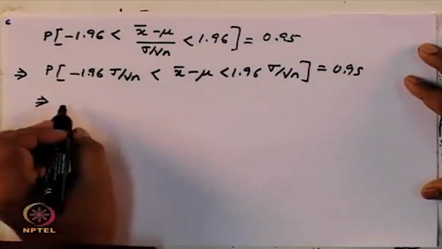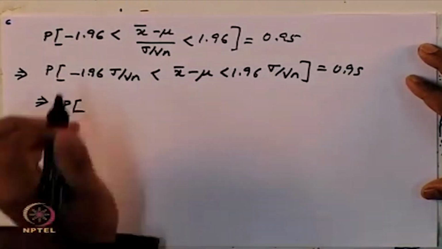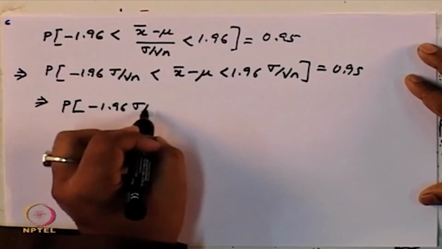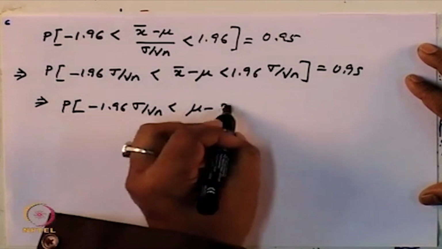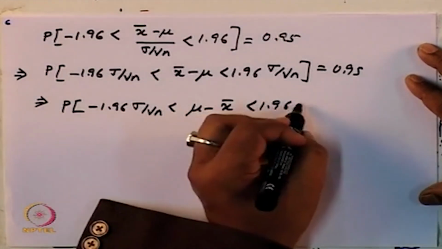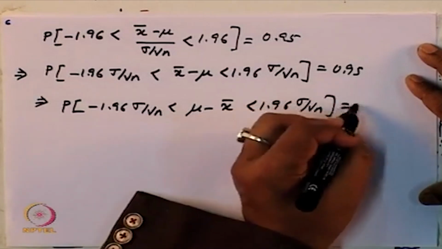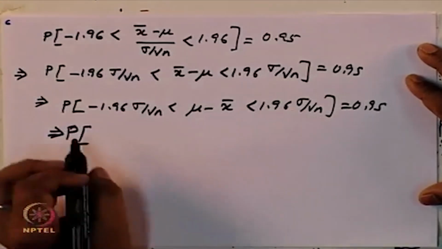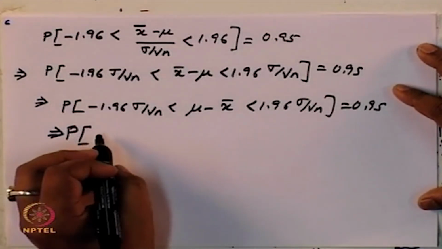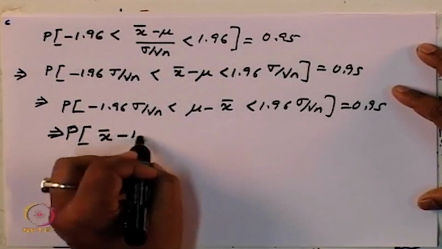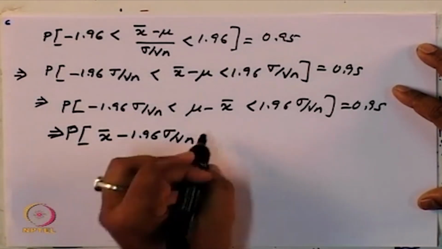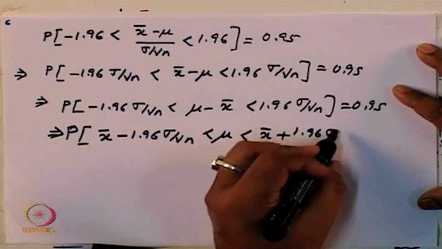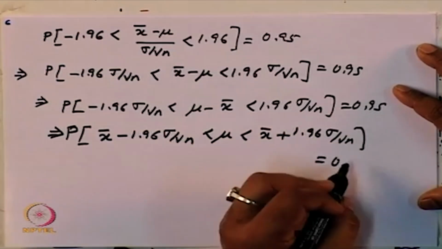So, I can again simplify it by multiplying by a negative sign. I can write minus 1.96 sigma by root n less than mu minus x bar less than 1.96 sigma by root n. This can be simplified further: if I add x bar to both sides, x bar minus 1.96 sigma by root n less than mu less than x bar plus 1.96 sigma by root n,